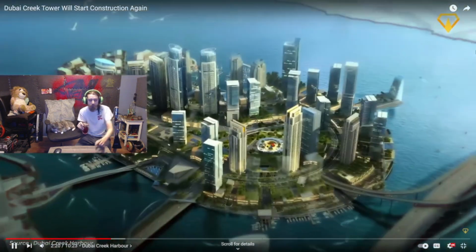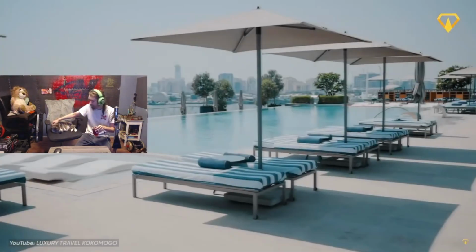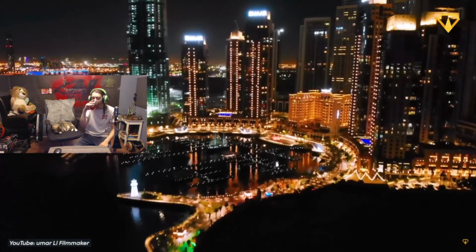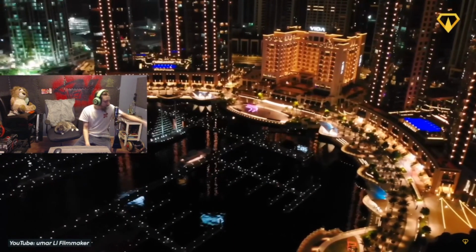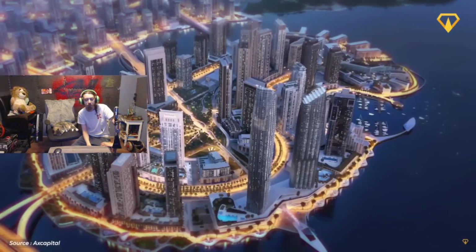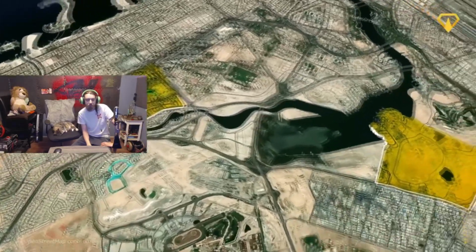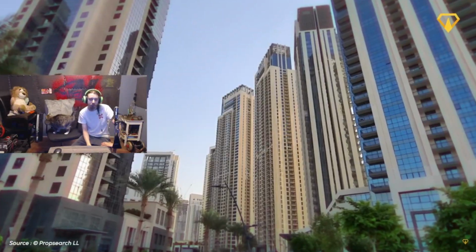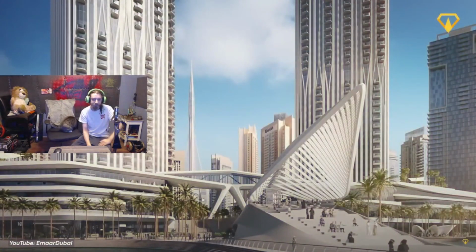We'll see. This reclaimed area by the water is already home to a wide array of luxury hotels, apartments, and restaurants. Some of the most notable developments on the island include a 5-star waterfront hotel, an 80-berth marina club, and a man-made beach and lagoon. In total, the entire Creek Harbor development, once completed, will span an area roughly twice the size of downtown Dubai. It will also be capable of housing as many as 200,000 permanent residents, along with being able to accommodate tens